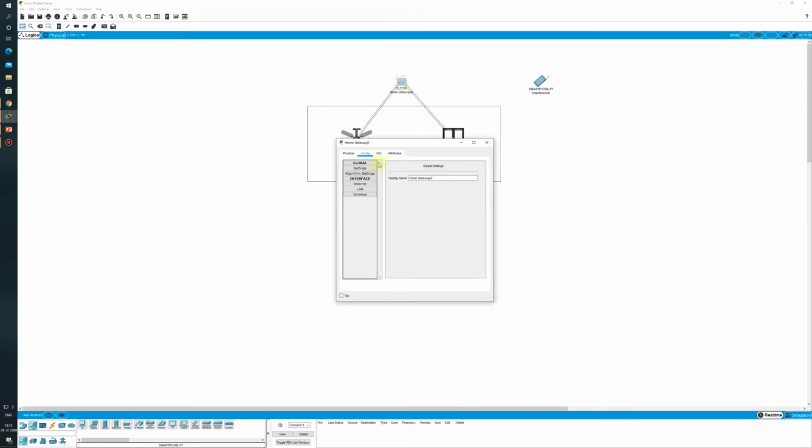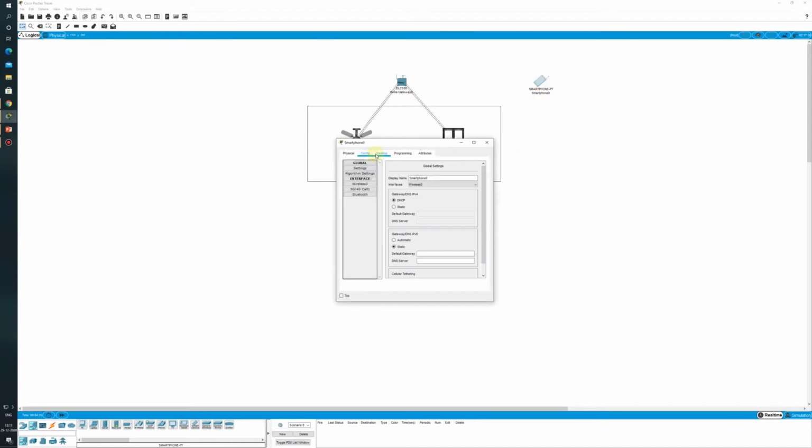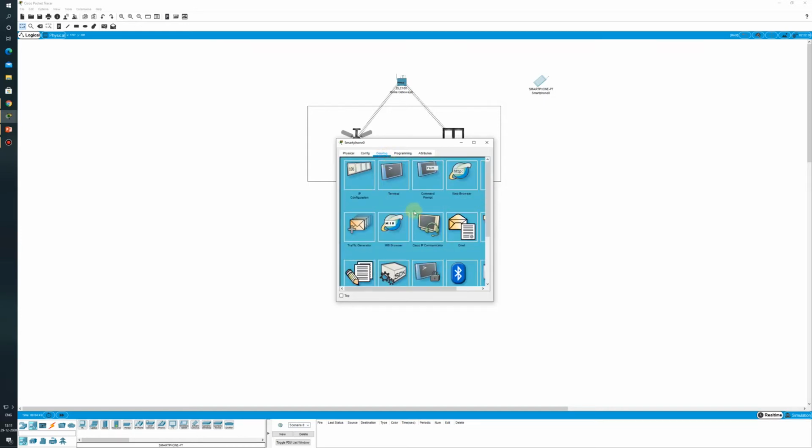For that we need the SSID of the home gateway. So I will go to wireless and copy this SSID, and then I will open the smartphone config. From here I will select wireless 0, and in place of the SSID I will give this SSID. Now you can see that the smartphone will also get connected to the home gateway.